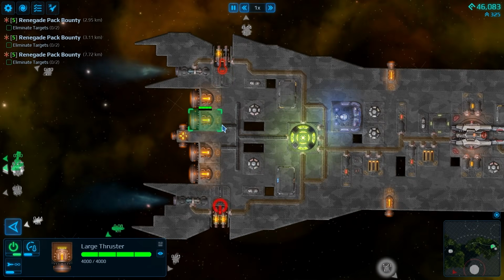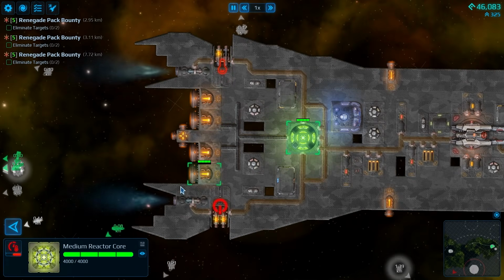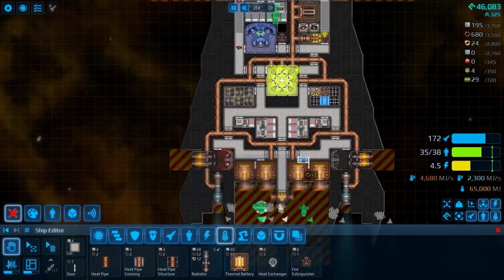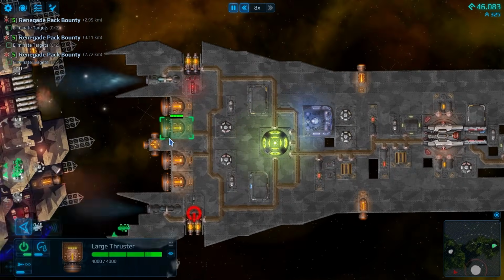I now need to connect the engines too, which again I can't do through the medium reactor core, which means piping and heating now look a little like this. It's even more advanced and it works, but that also...